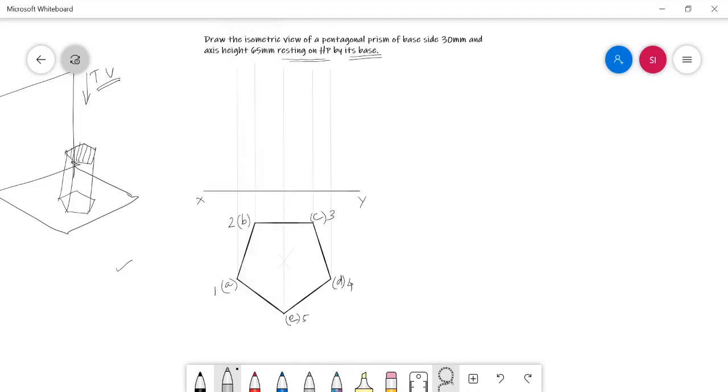The axis height of the solid is given as 65 mm, and before that I have to mark the base side.